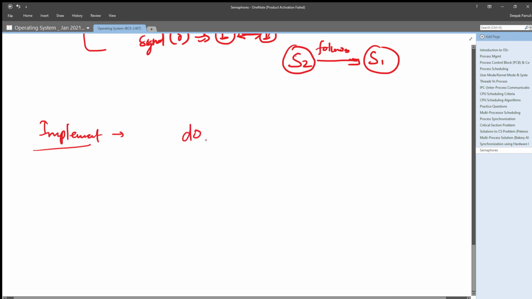Like, what we will do, we will simply perform wait operation on semaphore name, any semaphore which you have defined. Let us generalize the name, right? Semaphore name at entry section. So at entry section, a process must perform wait operation on that particular semaphore.